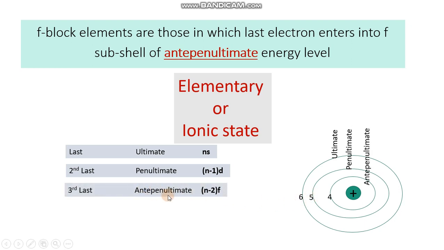And the third last is called the anti-penultimate subshell, which is represented by (n-2)f. If we put n as 6, then 6 minus 2 is equal to 4. So this is the anti-penultimate subshell. According to the definition, the coming electron enters into the 4f shell, which is called the anti-penultimate subshell. So if incoming electrons